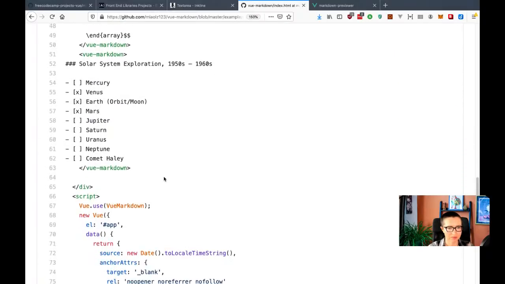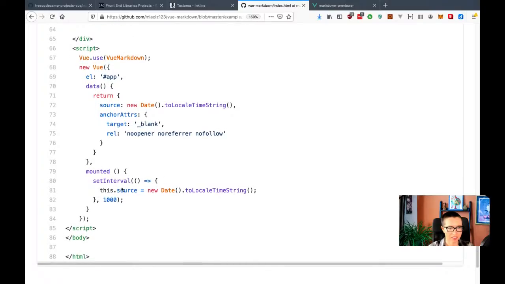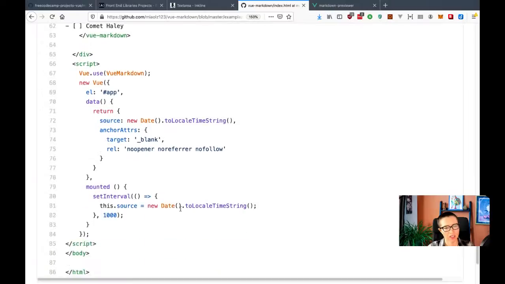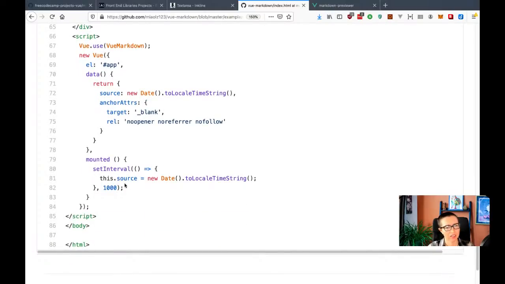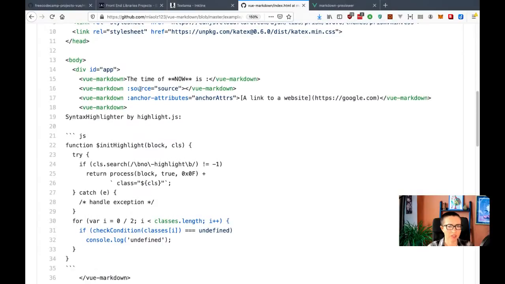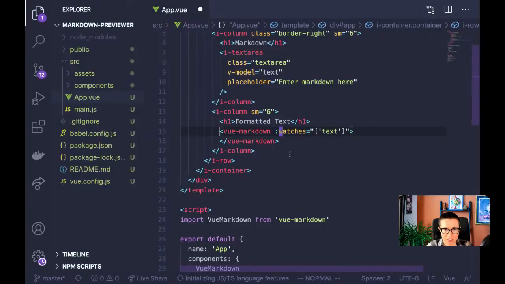Okay. Let's see. Set interval mounted this dot source. But this, I think, oh, so this set interval, I think, is telling it it's updating this dot source every time. So I wonder if I pass it in as source, if it's gonna watch for changes. Let me try that. Let me get rid of that and watches,